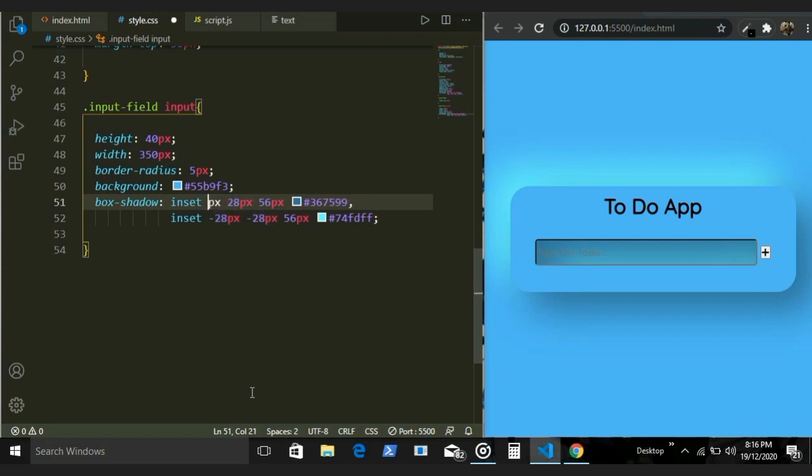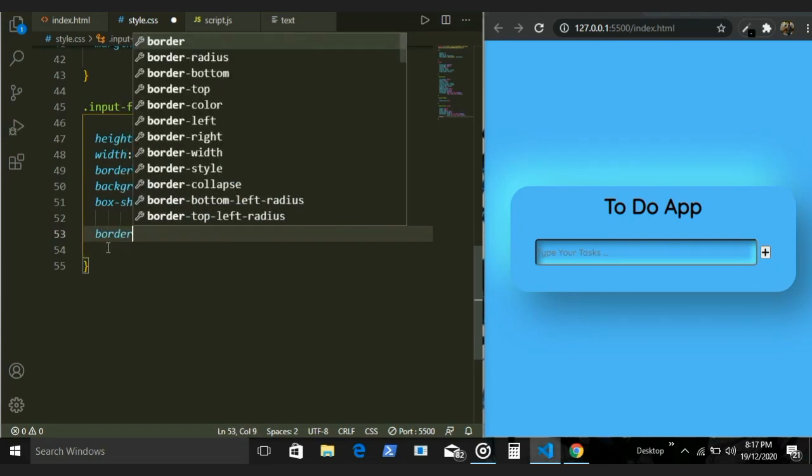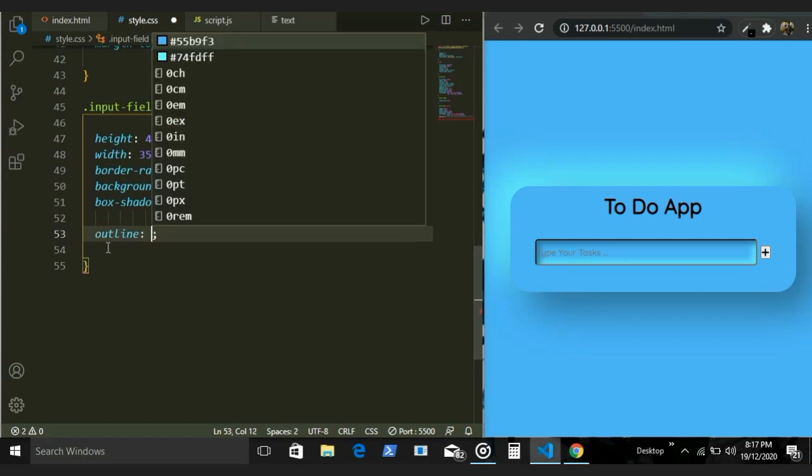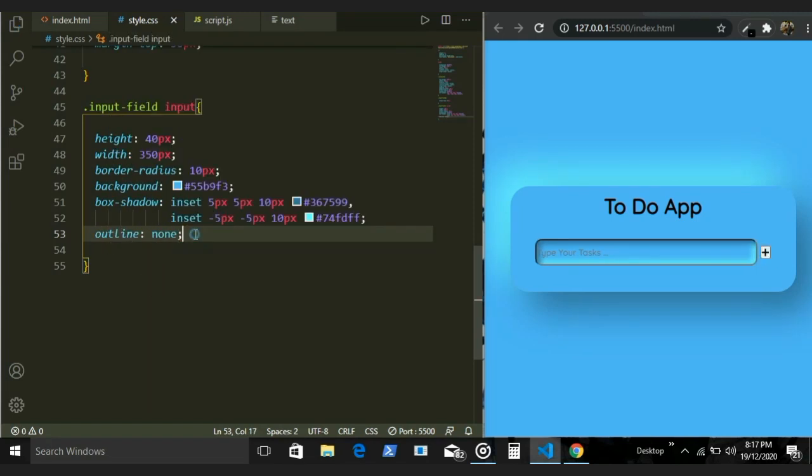It kind of has the effect of having the box look sunken, sort of like the shadows would be now inside. And then I have also reduced the value to 5 pixels, 5 pixels and 10 pixels, and the bottom one as -5 pixels, -5 pixels and 10 pixels. Now I'll add outline to none so that when you click you don't have that outline, and then I'll add